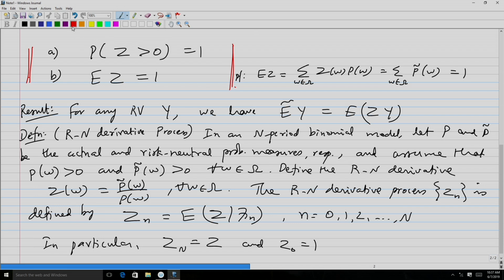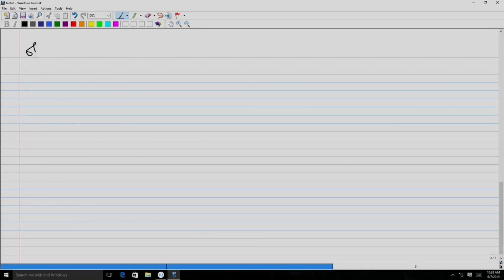Recall that we have seen this kind of thing when we studied martingales, that most of the martingales that we normally encounter are of this form. Now, you see that the Rn derivative process is one such for such a random variable Z, and this is what we have seen. And as we just mentioned, you can easily observe that this is nothing but, so you can see the process Zn is a P martingale.